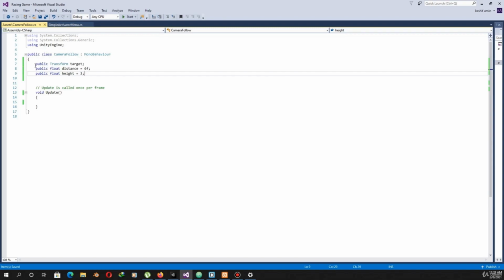Now this public transform target will be our car. This will be the target which will be followed by our camera, and this will be the distance of the camera from the target. So if our camera is following the target, then it will follow the target by remaining at the distance of 6 meters or whatever the units are.